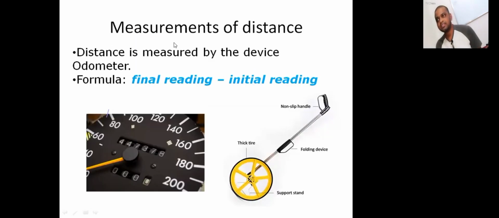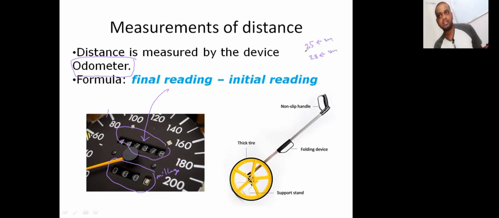Now, measurement of distance. Distance is measured by an instrument called the odometer. An odometer is a device which is used to measure the distance from one place to another place. In our vehicles also the odometer is fixed. Clear? This is the odometer, which is also used to find out the mileage of the vehicle. But in order to find out the distance traveled, we need to remember the initial reading as well as the final reading. Let us see, the initial reading on my odometer is 25 kilometers, and after traveling the distance, my odometer reading is 28 kilometers.